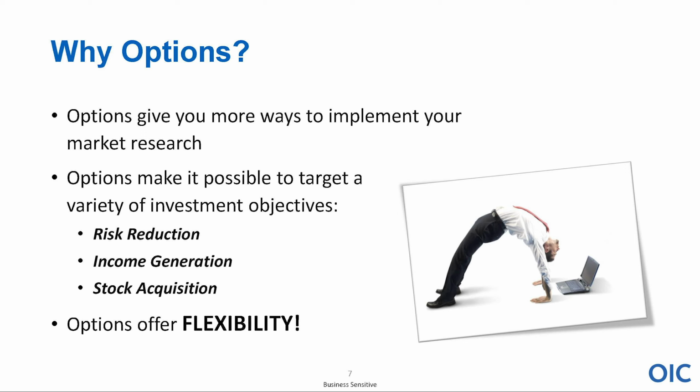The third way is it says stock acquisition, but maybe it's not always acquisition. I'm looking at stocks right now, and there seem to be a lot of very expensive stocks at $100 a share or $400 or $800 a share. I don't have that much money to buy 100 shares or 500 or goodness knows 1,000 shares, right? So some people use options as a surrogate, right, to control the underlying shares. And if I decide to buy a certain type of option, we'll explain that in a second, on a particular stock I'm looking at, or a basket of stocks, maybe an ETF, I have the right, we're going to see that in a second, to control that underlying stock.